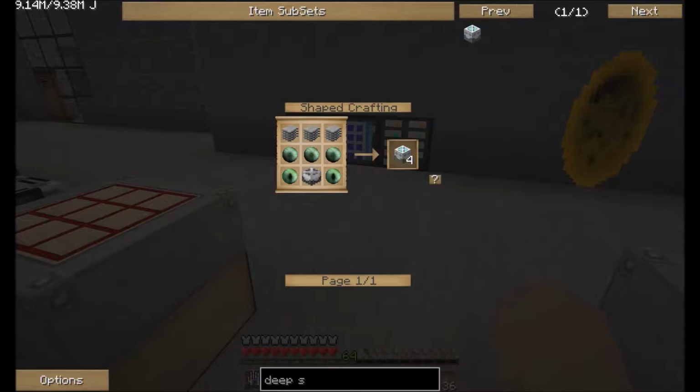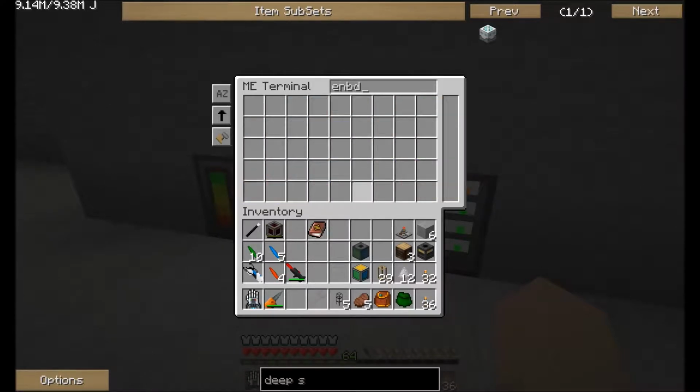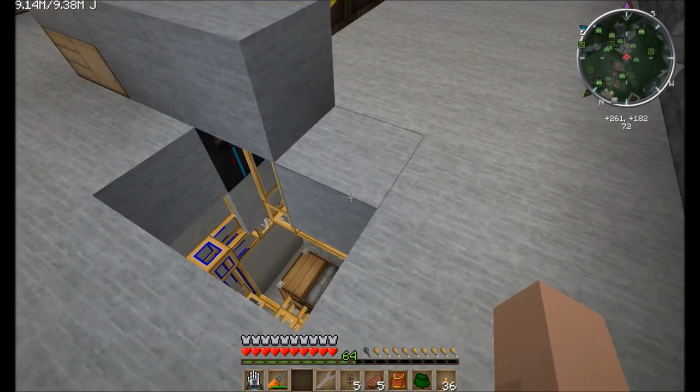Oh, those aren't even that bad. Huh. And that gets me 4. Oh, yes it is. It's an eye of ender. Oh, that's not that bad. A blaze powder with an ender pearl. So that's going to be 1, 2, 3, 4, 5. And I already have 3, so I just need 2 more ender pearls. I have this open because